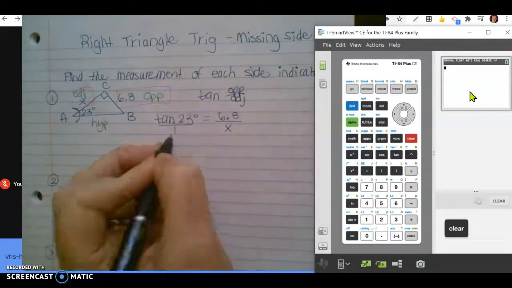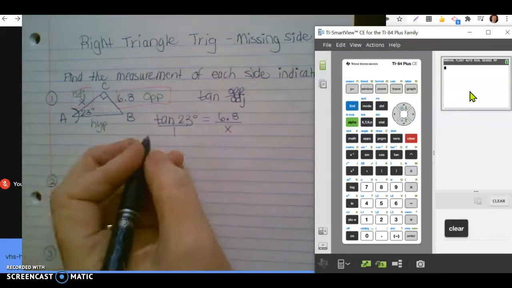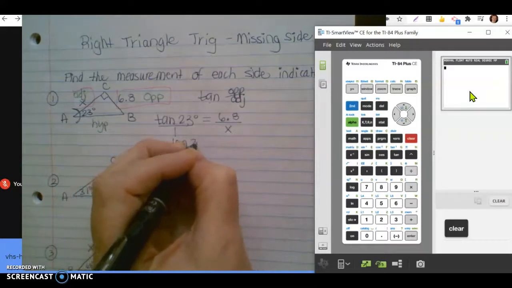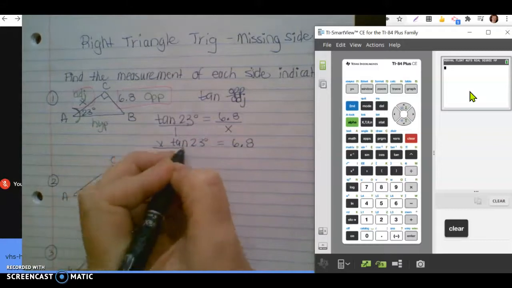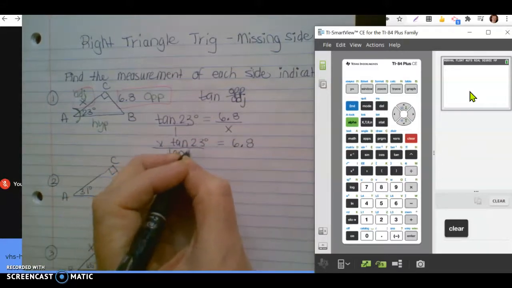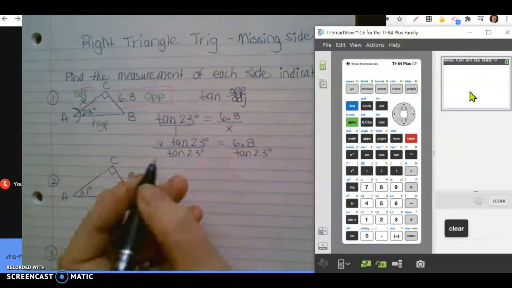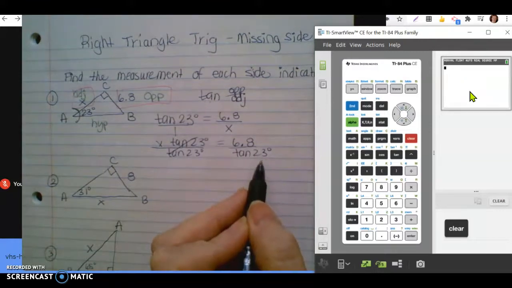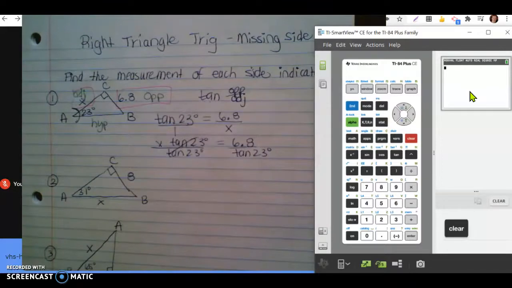So I'm going to make that into a ratio and cross multiply. So I will have x tangent 23 degrees is equal to 6.8. I'm going to divide both sides by tangent of 23 degrees, and that way I'm solving for x. Now you could put tangent of 23 degrees in the calculator and solve for it, but then I'm going to have to retype that whole decimal, so I'm not going to do that. So using my